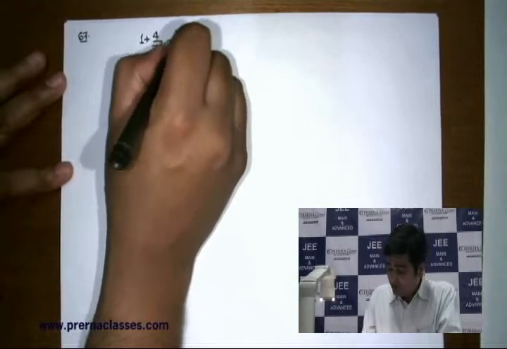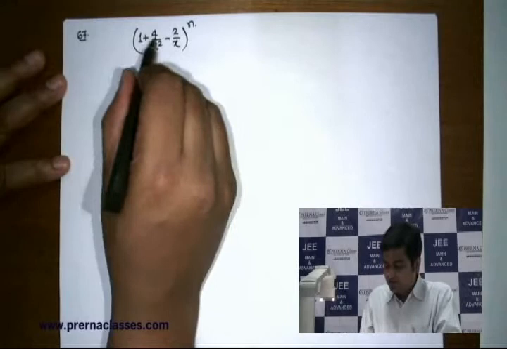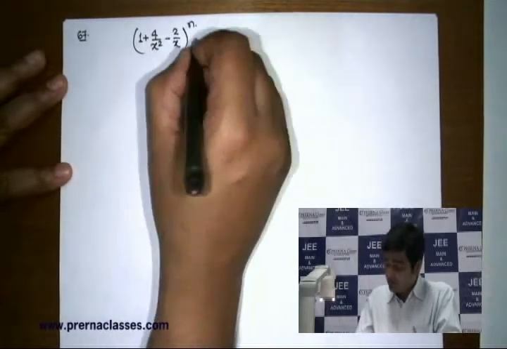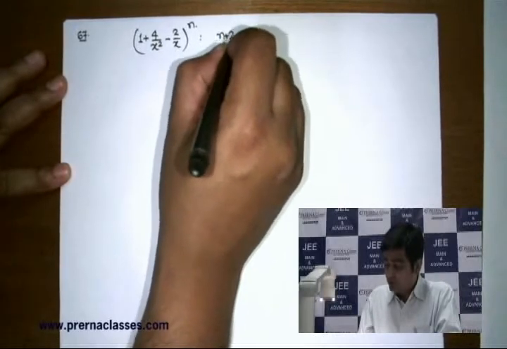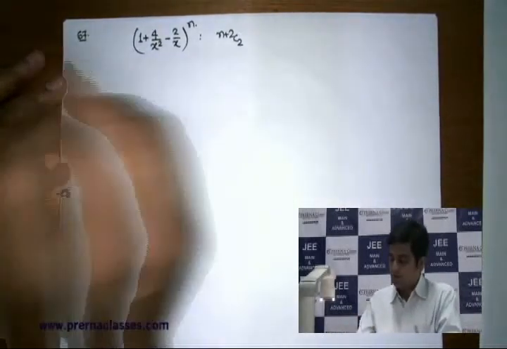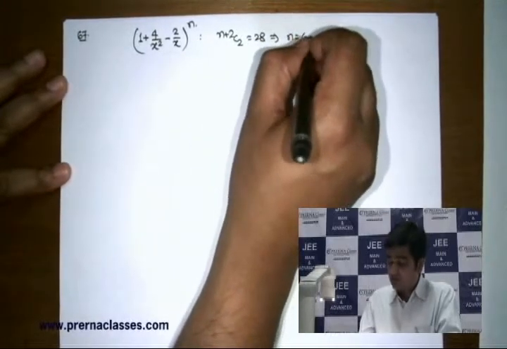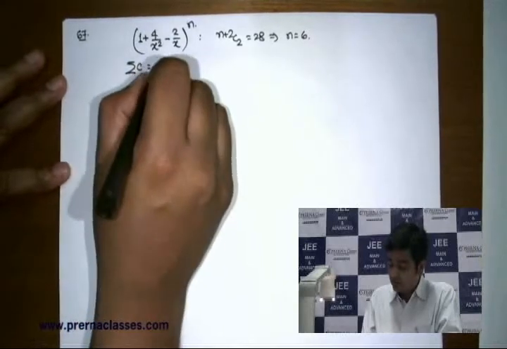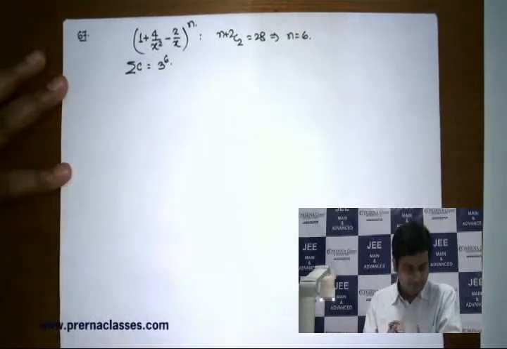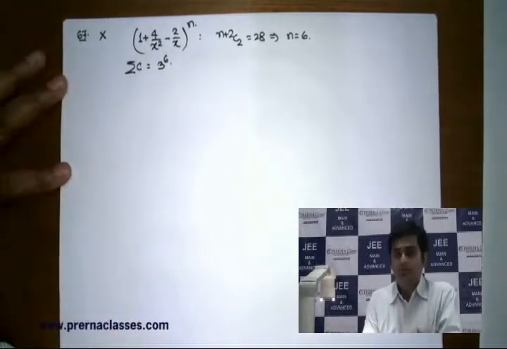provided you proceed in this way, but I don't think that is a correct approach. If you treat these terms as independent terms, then clearly in this trinomial expansion you are going to have a total number of distinct terms as n plus 2 C 2. If you make it 28, you will find that n is nothing else but 6, and that is how the sum of all the coefficients is going to match with 3 to the power 6, which is 729, matching option 4, but this is an incorrect problem. They should have cancelled this problem.